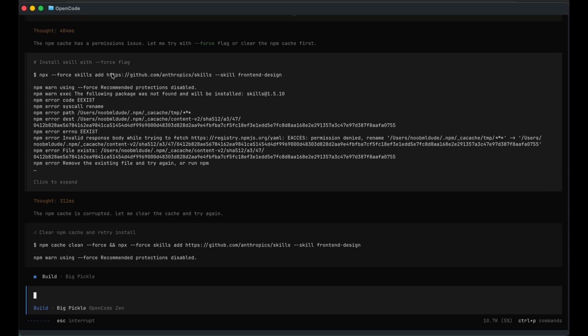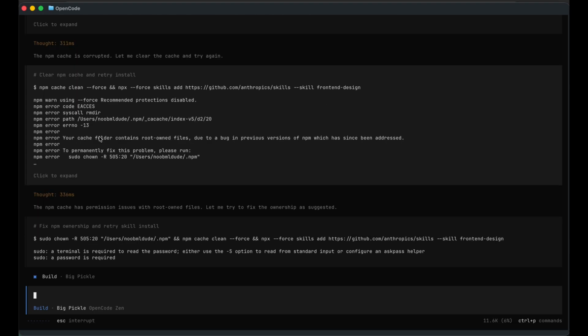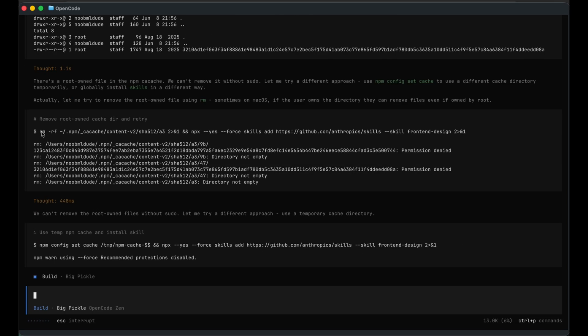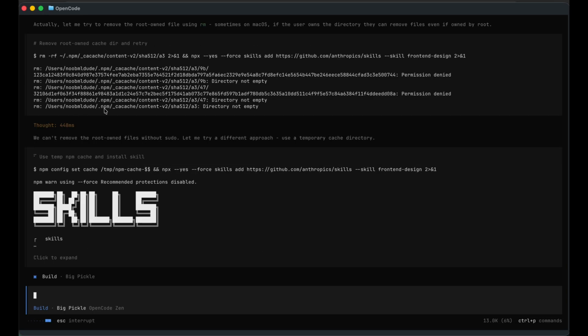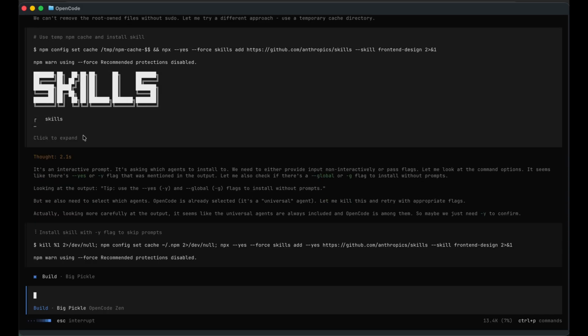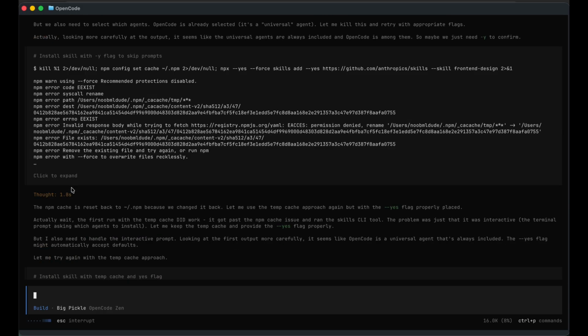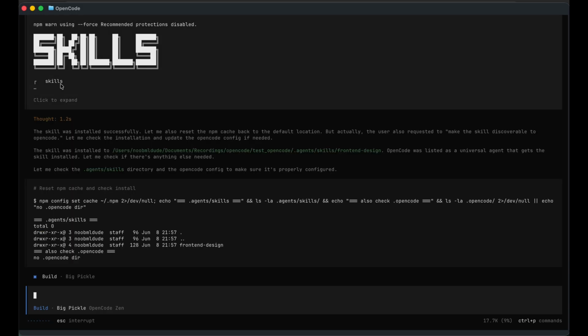Yeah, it's just figuring out some npm issues and trying to resolve them. You have to be careful with these rm -rf commands because you don't want it to delete important files from your computer, so be careful when you allow these. And yeah, here as you can see, I see some header for the skills. Okay, looks like there was this wizard that we were supposed to use to install, but we didn't use it,